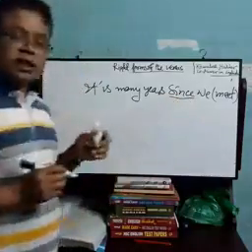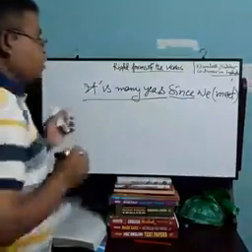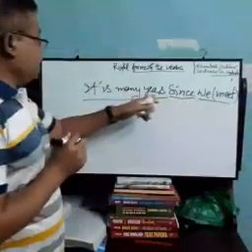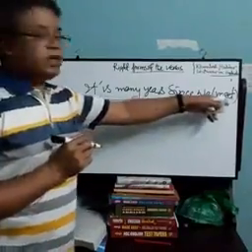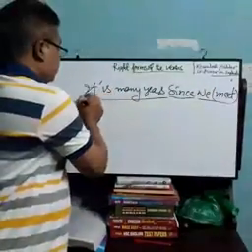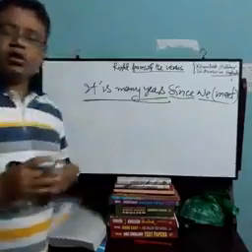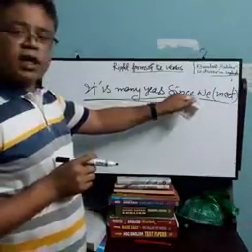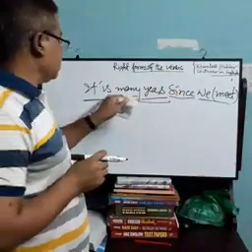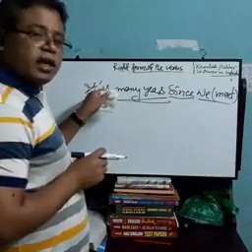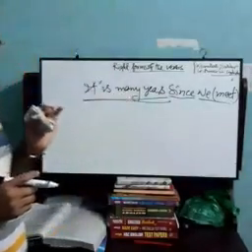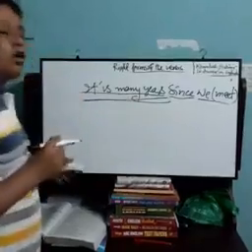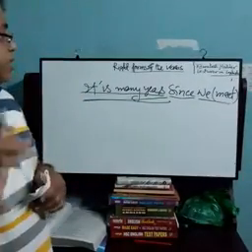Here since is a conjunction. Here is a clause and another clause. It is many years since we meet. In these two clauses, since is a conjunction and makes a complex sentence. Now the question is, what will be the tense of the two clauses? Look,